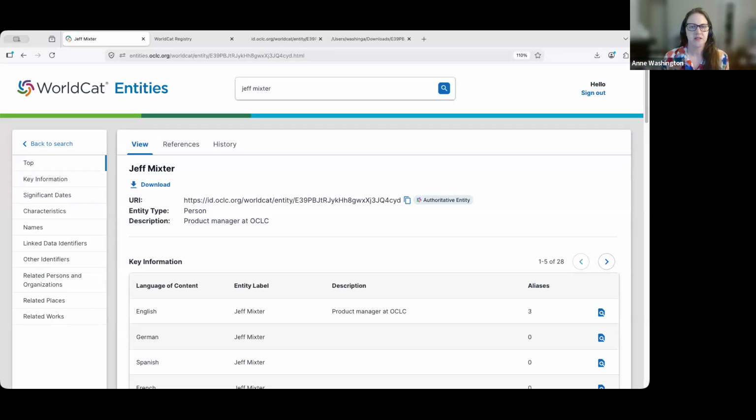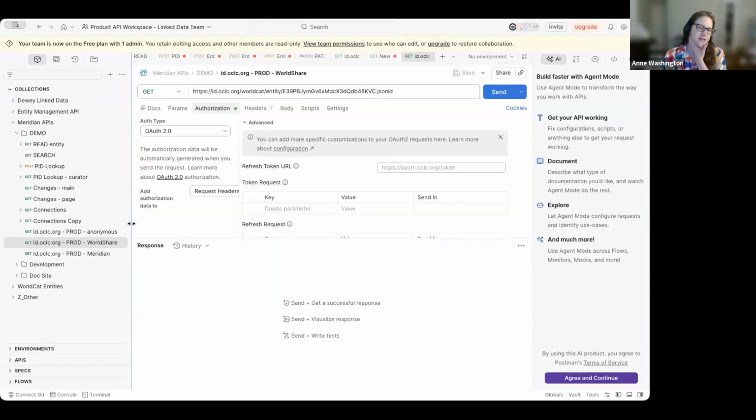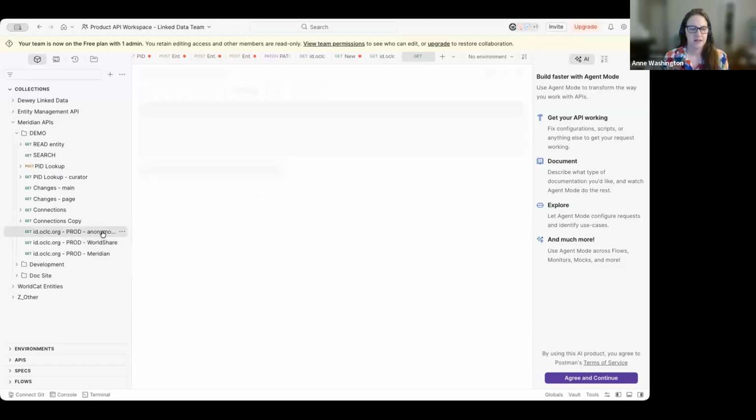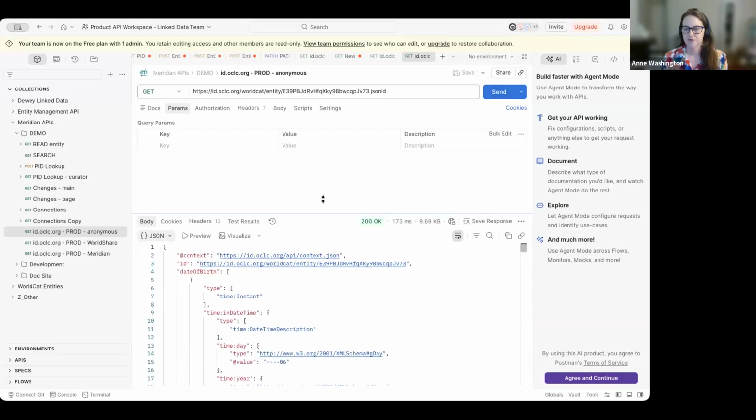Oh, you know what? This is a good time to show you the APIs quickly. Let's go to Postman real quick. There's some documentation on this, and I can put it into the chat. Maybe I'll just send it out to everybody of how to access. So if you take one of these IDs for a given entity and append JSON LD,